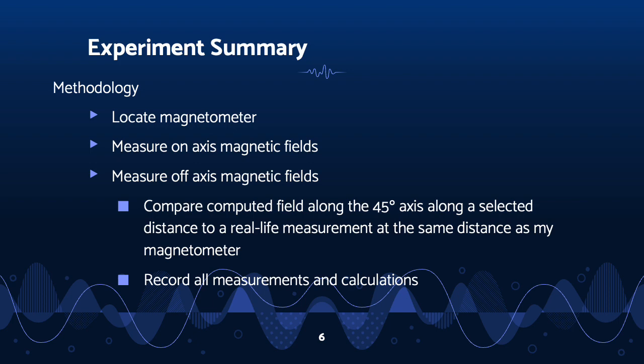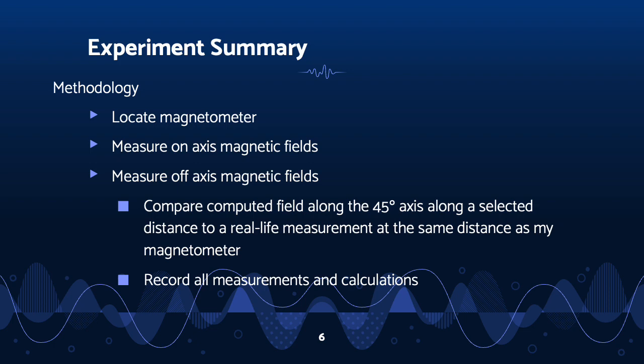I measured on-axis magnetic fields by first putting my bar magnet on one end of the oriented meter stick east-west with its axis pointed along the meter stick. Then I placed my phone away from the magnet and perpendicular to the meter stick. Then I slid my phone across the meter stick, and when I found the absolute value of the x component at its max, I marked it and did the same process to find the absolute value of the y component